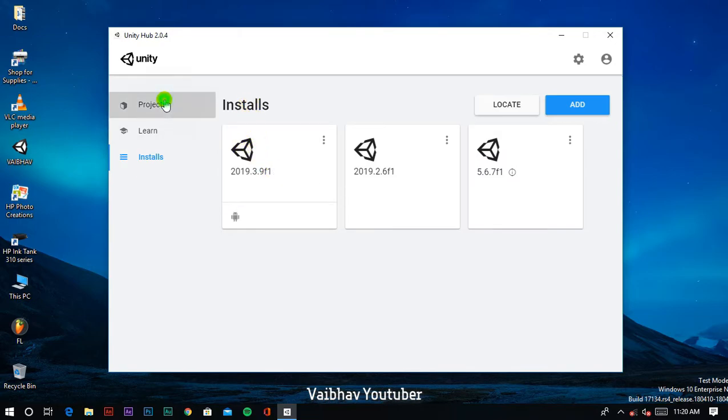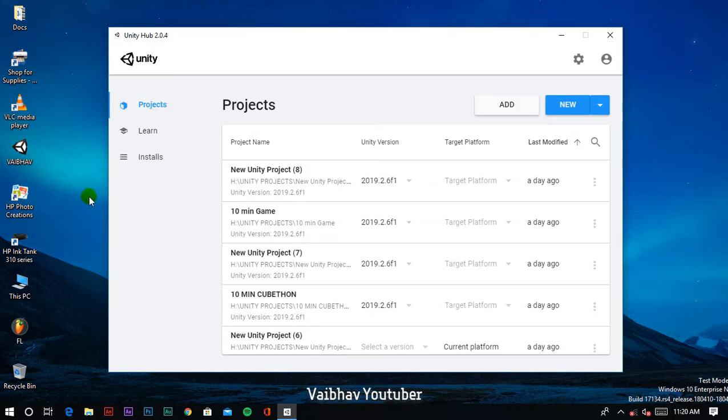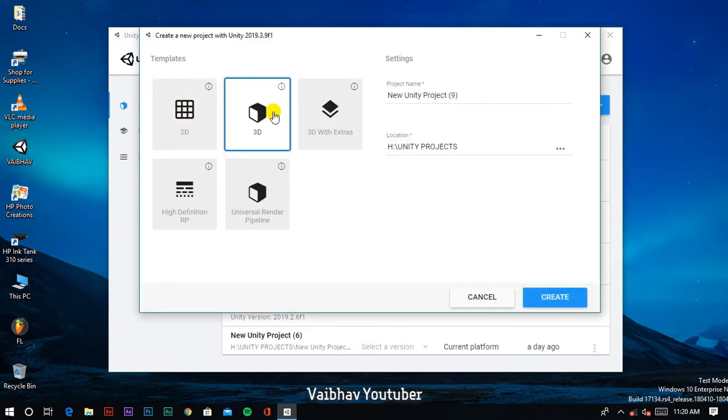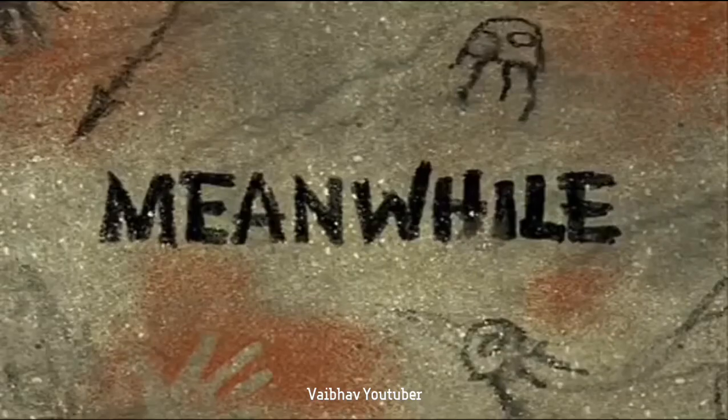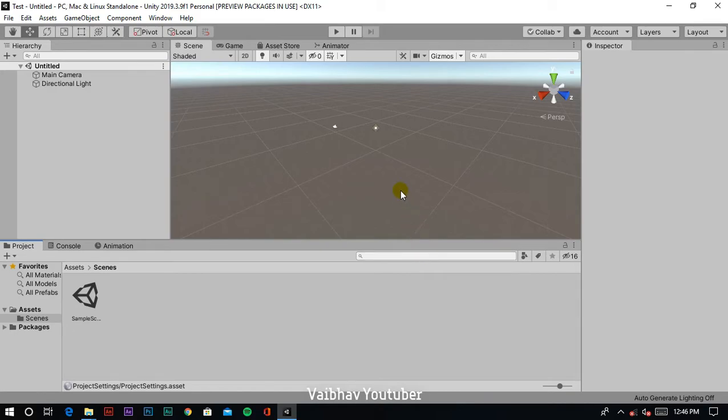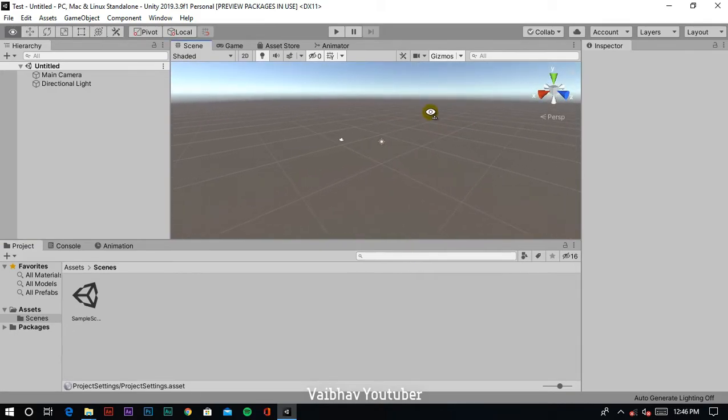So let's open the new project. So let's open the new project, select 2019.3.9 and select a 3D project and let's call it test, then hit on create. Meanwhile, so here you can see a new Unity project is opened and here we are